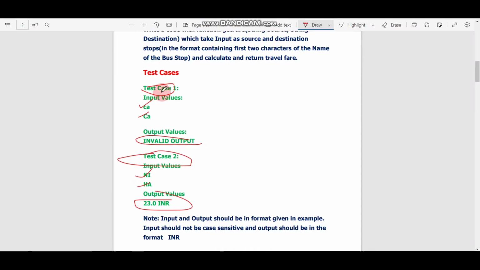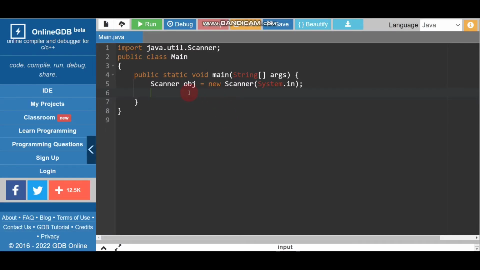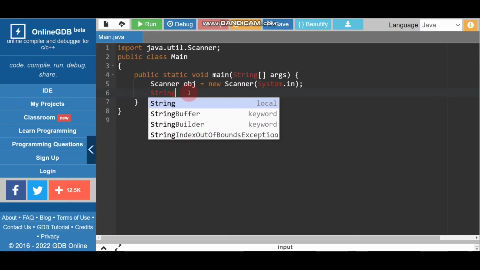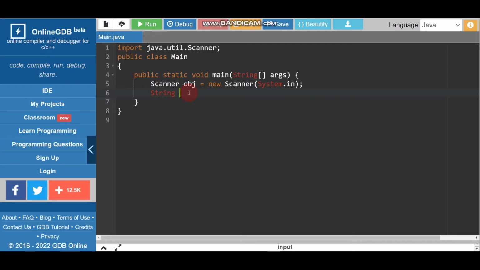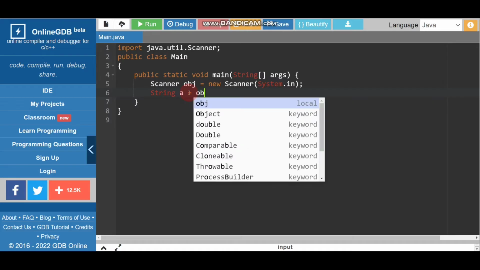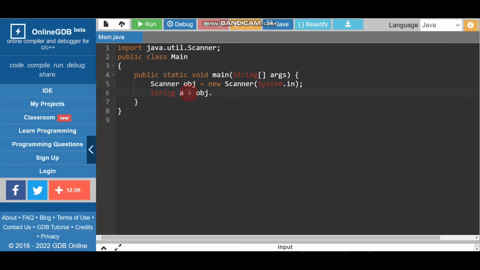Here you can see there are a total of 2 inputs, so we will take 2 inputs. How to take 2 inputs? Simply we will write string. Why are we writing string, not integer? Because the input type is string. So we write String a, we can give any variable name, a equal to, we already created the object obj, dot, and after that we will write next